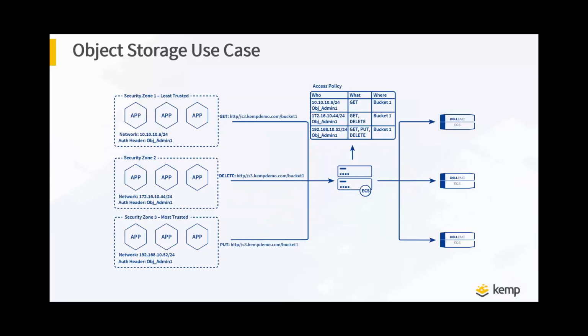Here's an object storage use case where a customer has their modern applications running within different security zones. Security Zone 1 runs in a 10.10.10 subnet and contains applications that don't have many security requirements. These systems require access to the internet, which could pose a possible risk. Security Zone 3 runs in a 192.168.10 network and contains applications that require complete isolation due to security compliance. And Security Zone 2, although having to be more secure than Zone 1, doesn't have the same level of